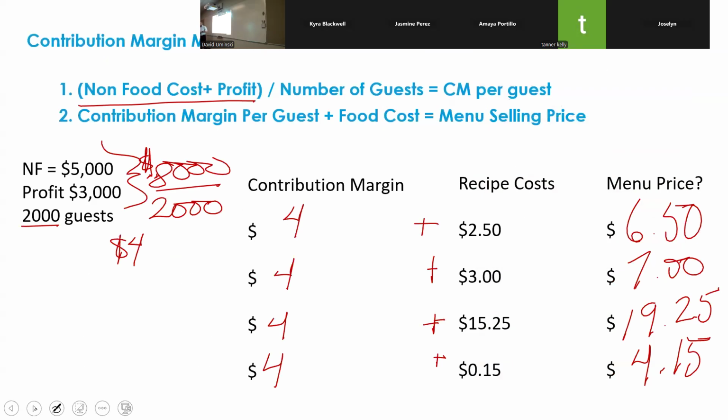So I use this as an example to demonstrate that you can't always just use one method. One method is not always going to be the end all be all. So you have to kind of think about it from a perspective, again, go back to that price value relationship. How many iced teas are you going to sell if you sell them for $4.15? You might get those people that really want that tea or really want that soda. But then the people who like, maybe $3 is my threshold, I'm just going to have water, right?